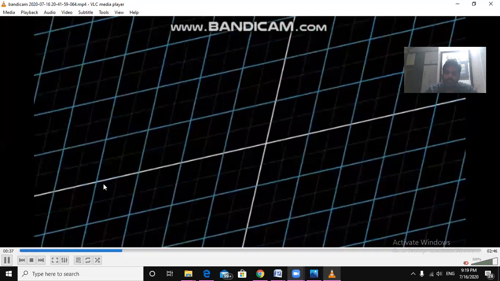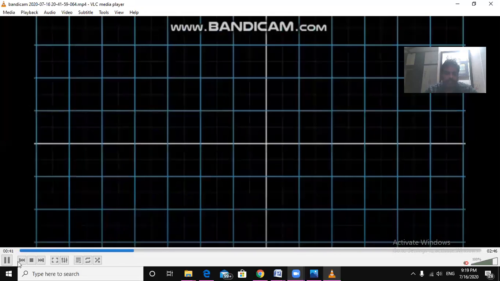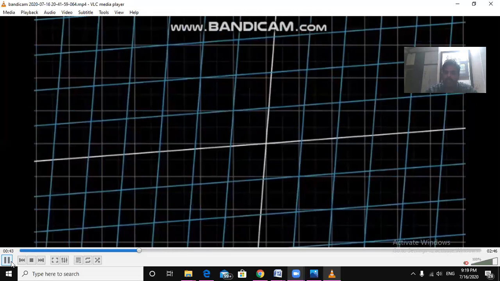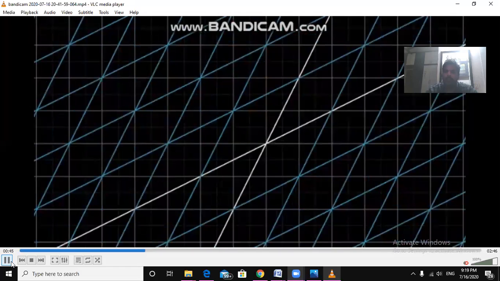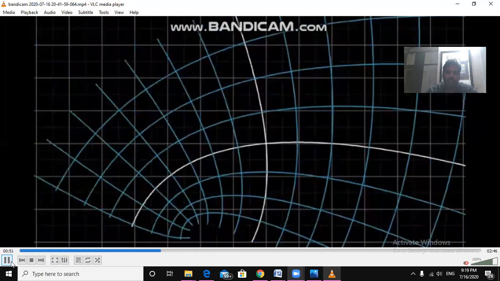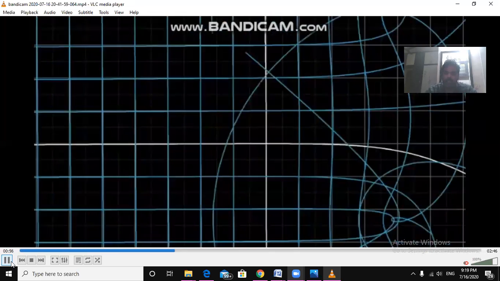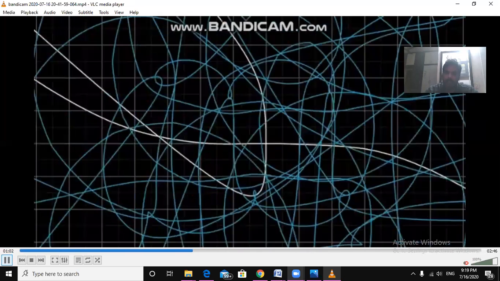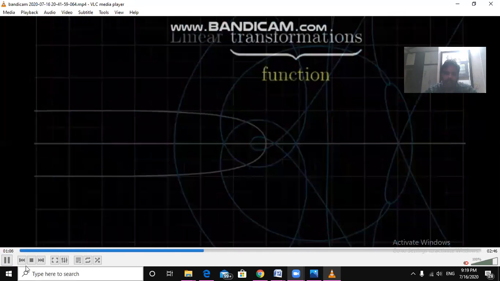So this is the grid line. If you take the general XY plane, what happens to these grids through some transformation? These are, say, square boxes or rectangular boxes. These boxes are transformed into parallelograms, that means rotated and stretched. This is what a linear transformation generally does. There are some other kinds of transformations on this plane, with different kinds of graphics. We are just observing what happens if I do a different kind of transformation.